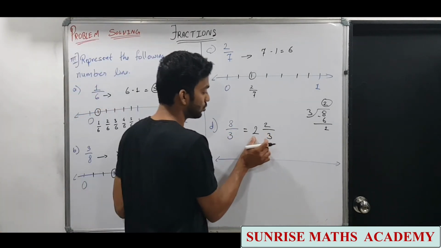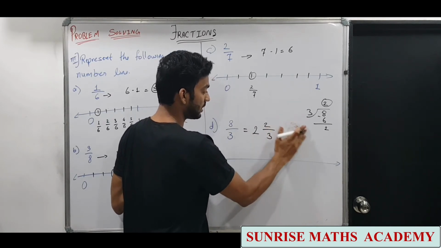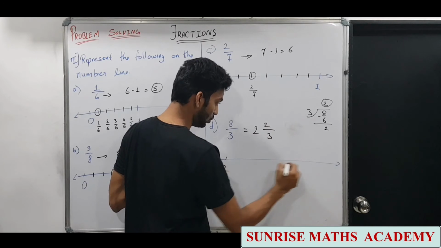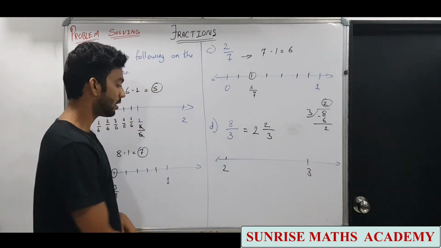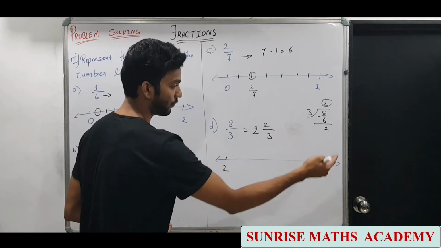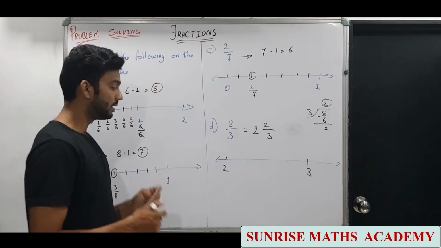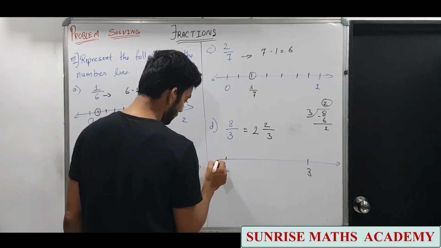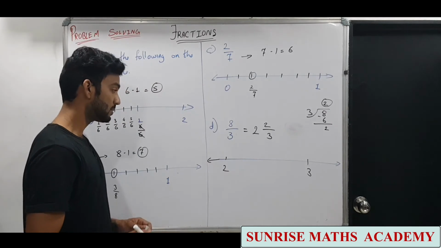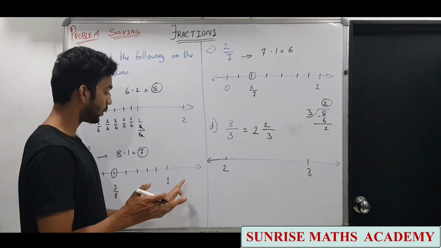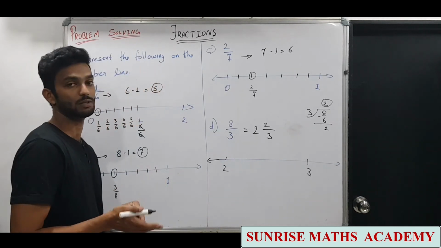ये है 2 से बड़ा है, but 3 जो है 3 नंबर से ये छोटा है. So इसके लिए यहाँ पे हम लेंगे 2 and 3. Now you can make here 1, 2, 3 or 2, 3, 4. But main part is 2 to 3. The number will be represented between 2 and 3. And when we are representing like this, if you are marking 1 here, make sure that 1 to 2 and 2 to 3 are of same distance.